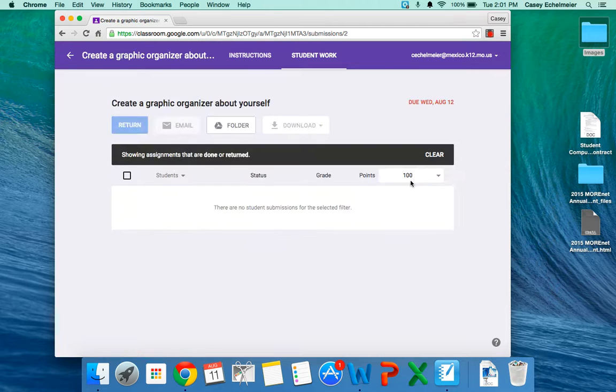now, once again, this isn't going to look right because I don't have students entered. It'll tell me the students that have already turned it in. And it will allow me to grade. It will allow me to give it a maximum point. And once I've given a grade to the student, I can also email them their grade. So lots of cool things you can do with student